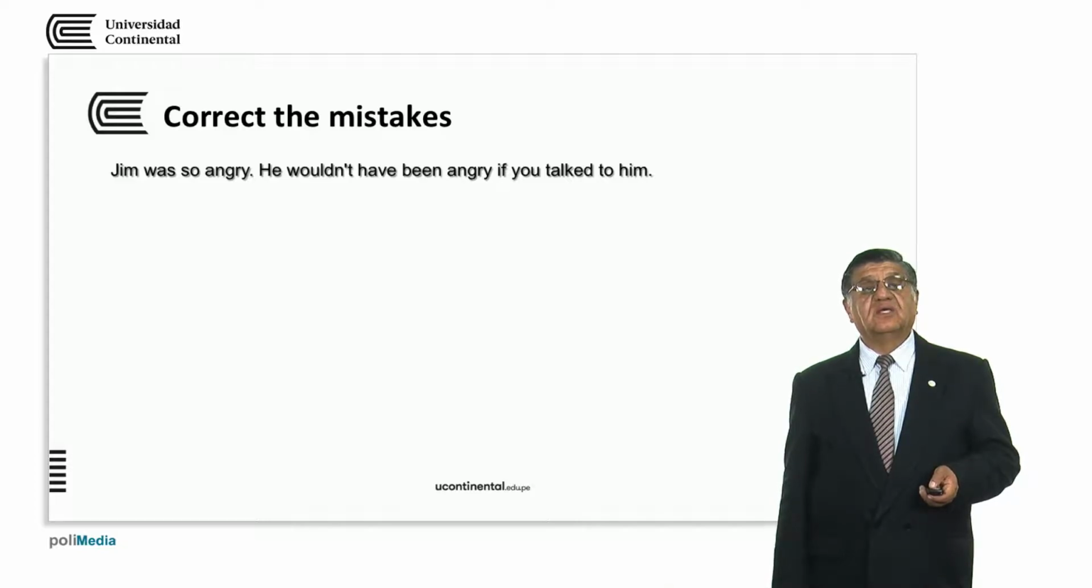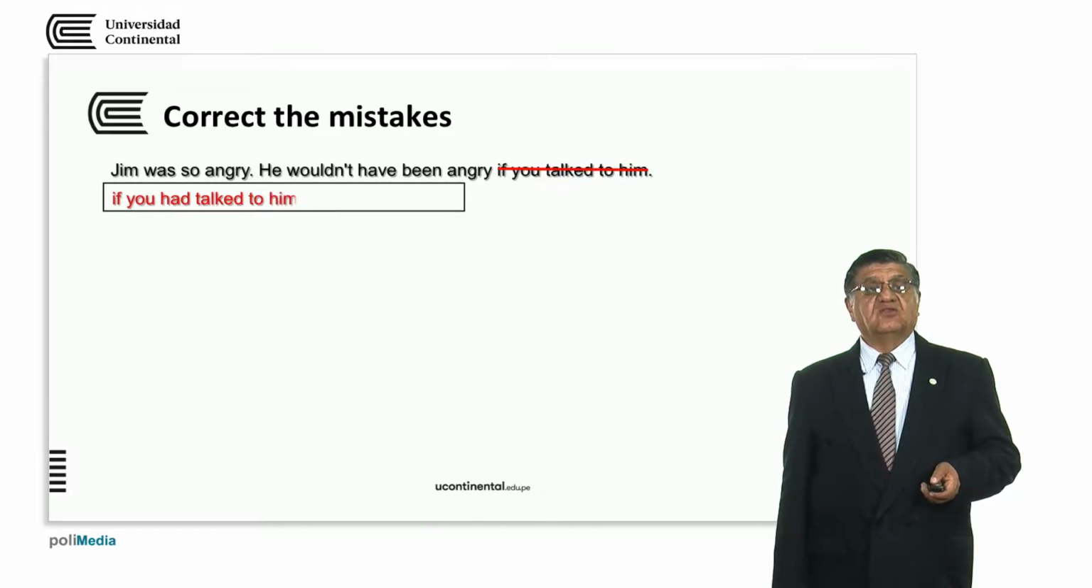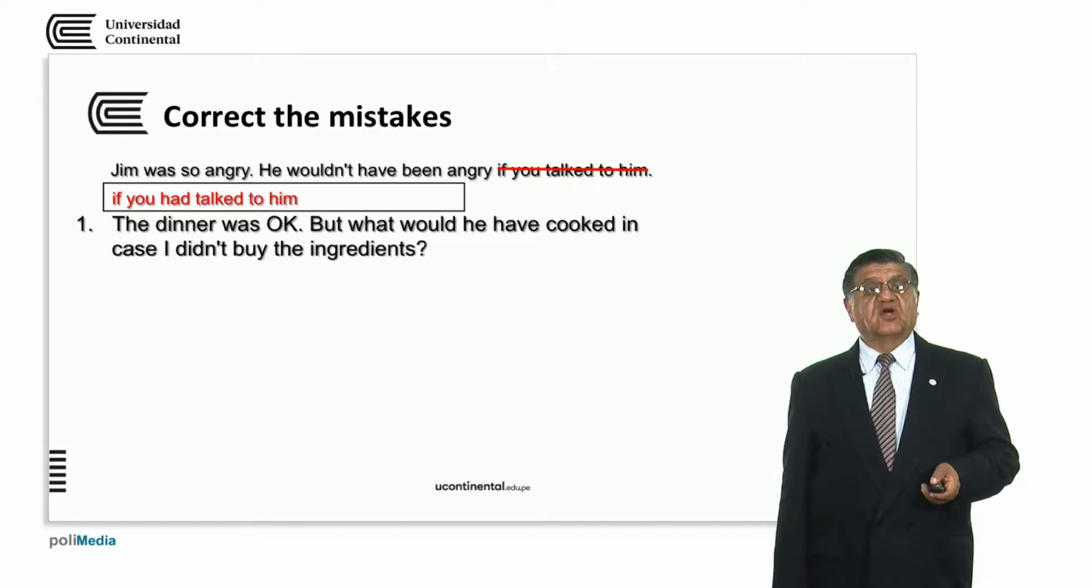He wouldn't, okay. Have, there it is. Been is the past participle of the verb to be. The if clause in the past perfect. The past perfect is with the auxiliary had and the participle of the verb. We don't have the auxiliary have. So we need to change you talked to him. If you had talked to him,